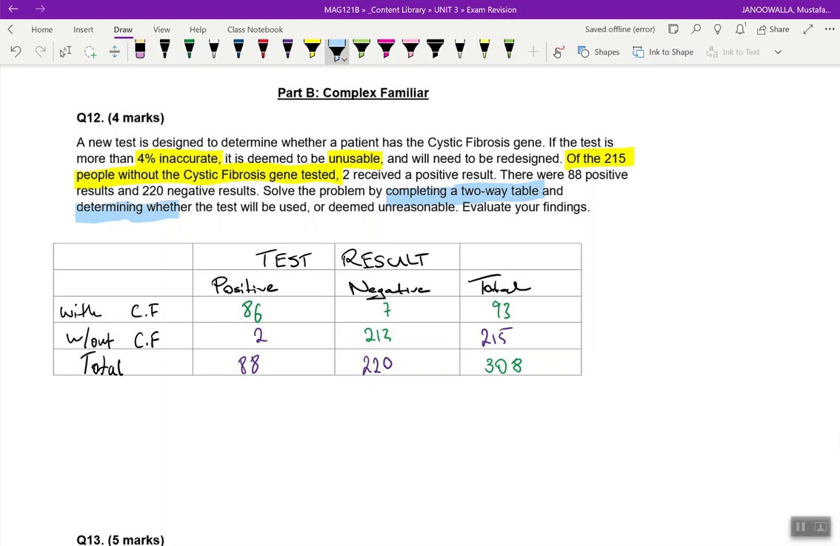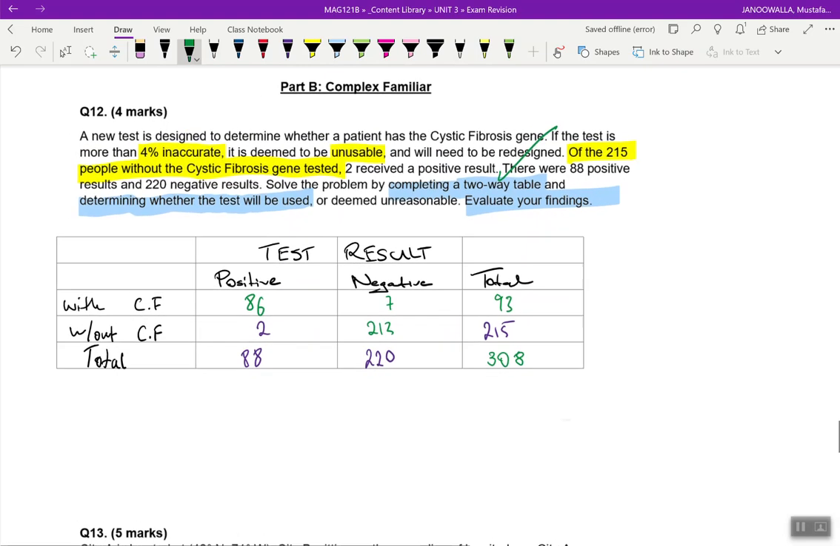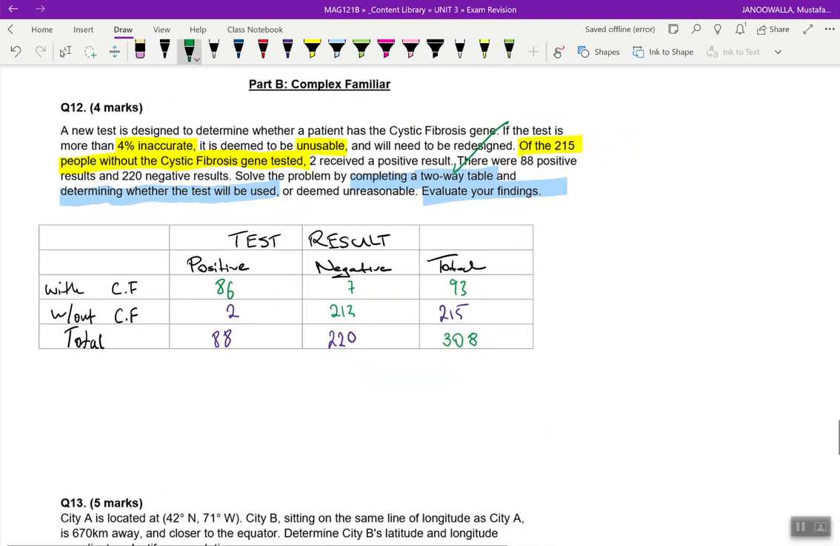Now we need to determine whether the test will be used, meaning it needs to be less than 4% inaccurate for it to be able to be used, and then we need to evaluate our findings. So we've done the two-way table. Now to determine whether the test will be used, there are two ways we could do this. We could find out how inaccurate it is straight away, and I think that is really the simpler way to do it. So if you've got the gene and it comes out negative,